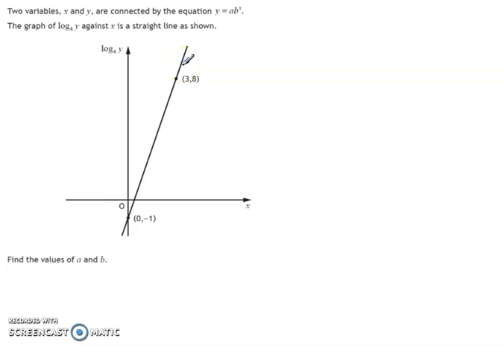So what we're looking at here is a calculator question from paper 2 of the 2019 Higher. This is question 12 in that paper, and it focuses on logarithmic axes and plotting on these. Now the question tells us that two variables, x and y, are connected by the equation y equals ab to the power of x. Then it shows us the graph of log to the base 4 of y against x, in this straight line shown here with a couple of points marked on,